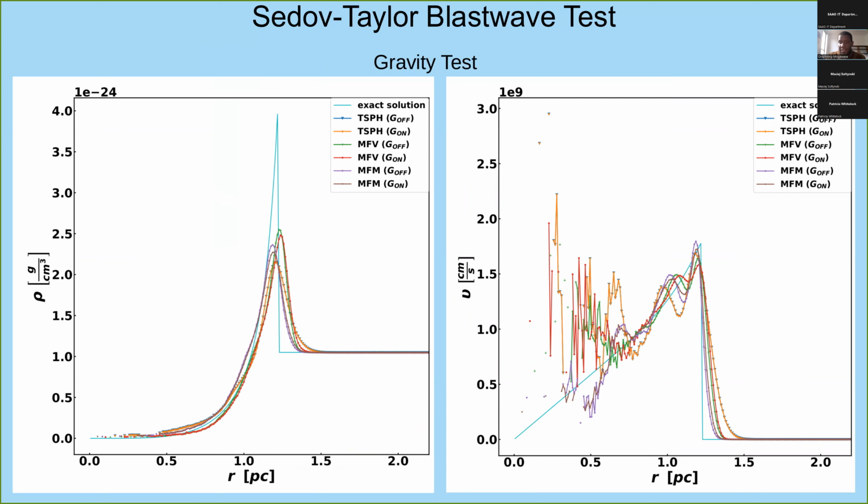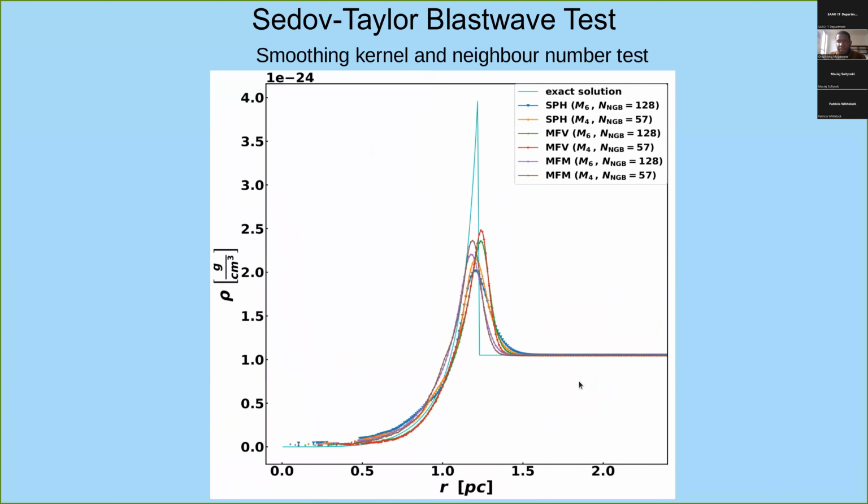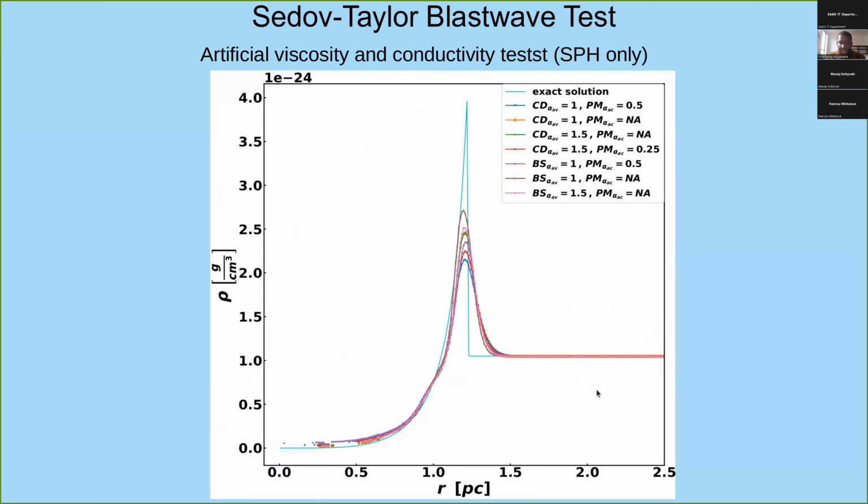The artificial conductivity and artificial viscosity can give you some kind of convergence in this solution, to know that at least the downstream particles are behaving as expected. So, after testing all this,